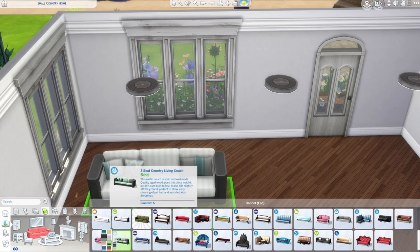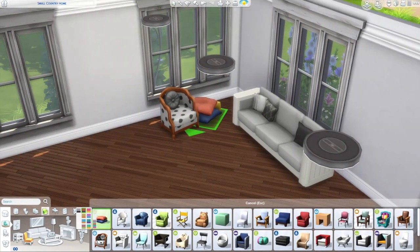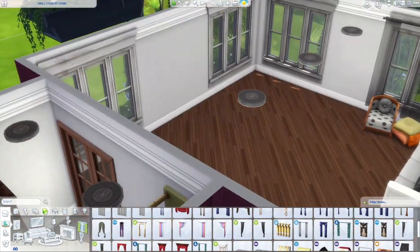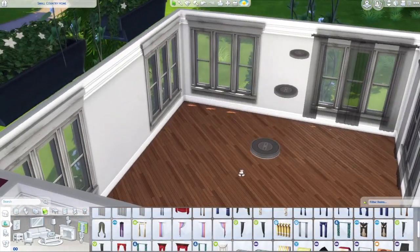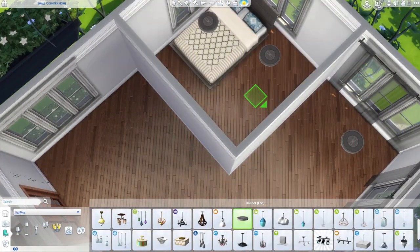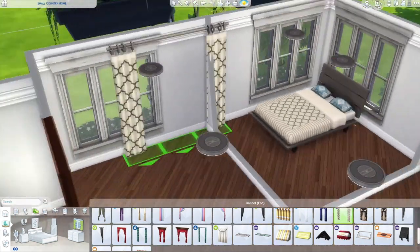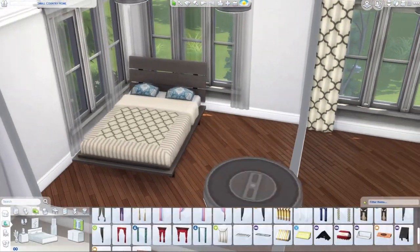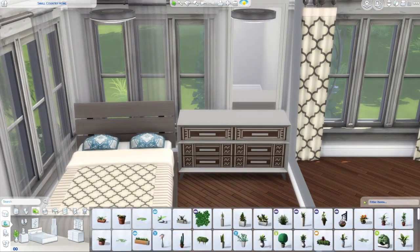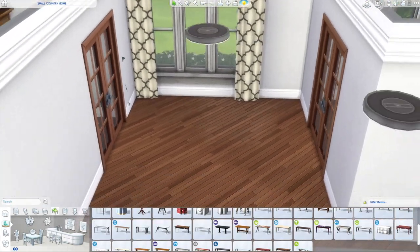So I did kind of struggle a little bit, you guys, not gonna lie, trying to figure out how I wanted the layout of this home to be, because it's kind of small. It's like a square, so I had to figure out how to place a kitchen, living room, and dining room, because I have been trying to make sure to add in dining rooms. Usually I just naturally do a kitchen with an island and stools, and I tend to leave out a family dining table. So even though this is only a 1-bedroom home, I still wanted to include it